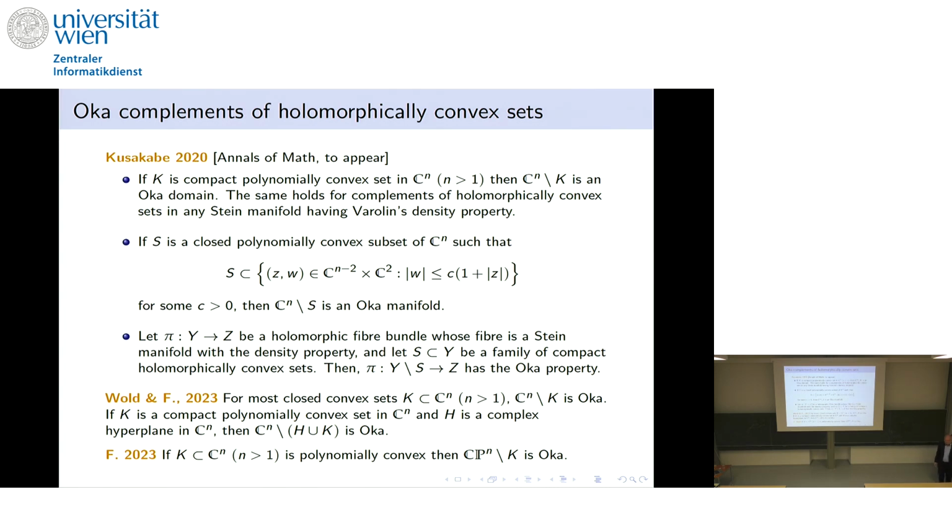And now what do you do? Well, now K union a little ball around that point is, of course, still polynomially convex, so I can approximate this vector field by global vector fields. But now comes the Anderson-Lempert theory into the picture. Anderson-Lempert theory says that each holomorphic vector field on C^n can be approximated on compacts by sums of complete holomorphic vector fields, actually by sums and commutators, by the Lie algebra of complete vector fields. And based on that, we have